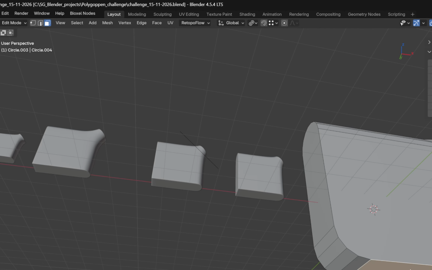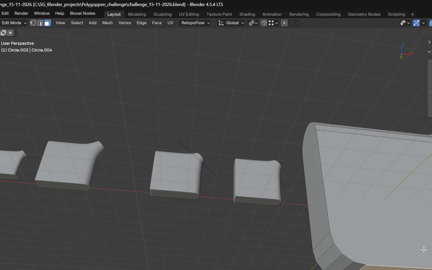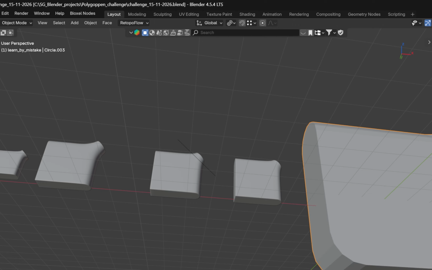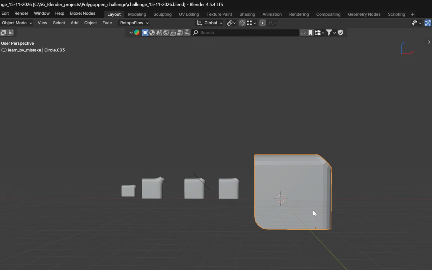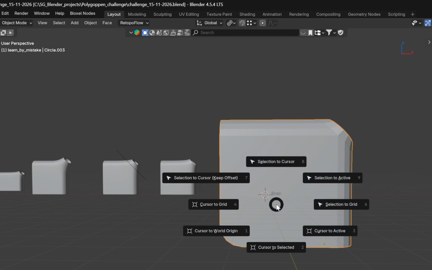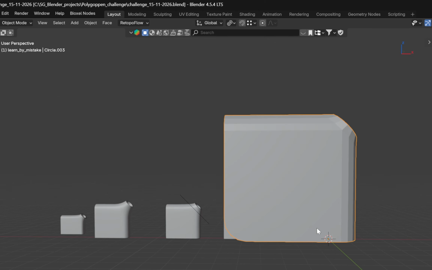Let me change its origin to here. And how to do that? I put my 3D cursor there, origin to 3D cursor. Now again put this cursor at world origin. Now what I'll do, selection to cursor, right? Where is it? Here it is. So it is right at the